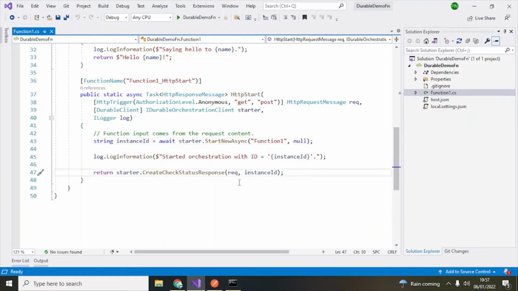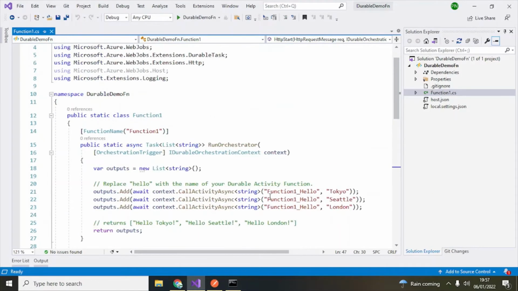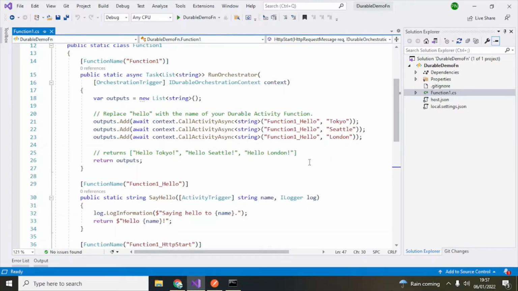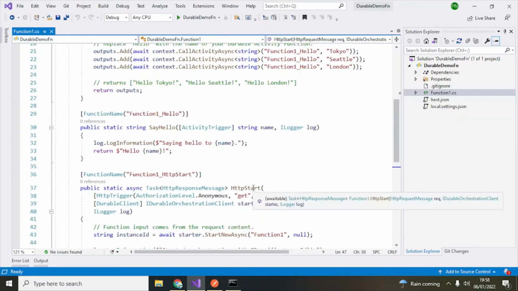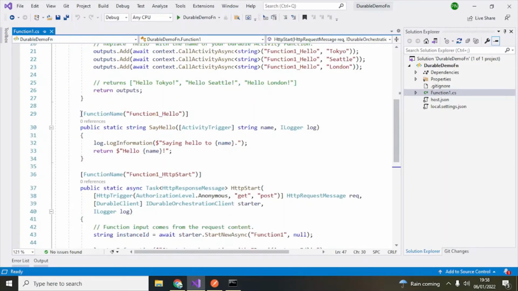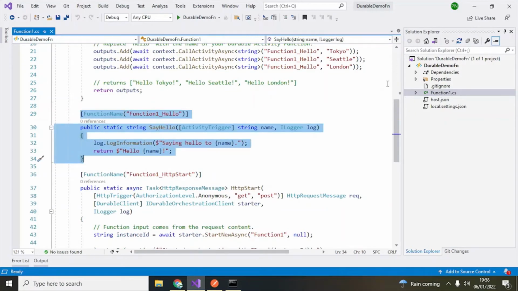So this is the default code. What we will do is make some changes to this code, and then run it and see what exactly happens as part of that change. This is one of our Azure functions here, which is the activity function. I will create 2 more activity functions. So I'll copy this code